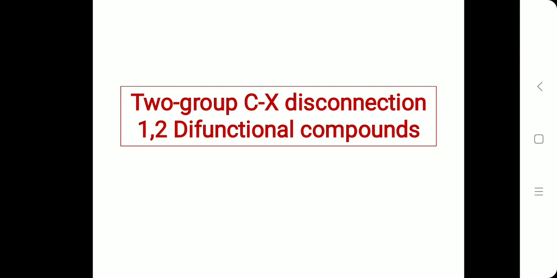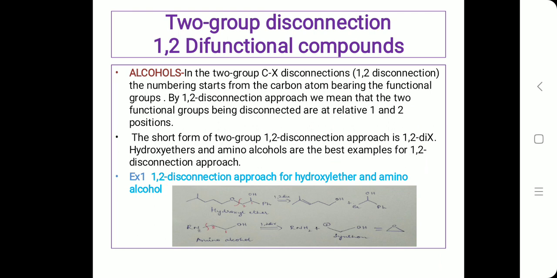Good morning, students. Today we'll learn about two group C-X disconnection in 1,2 difunctional compounds. In that, let us take alcohols. In the two group C-X disconnection, which is 1,2 disconnection, the numbering starts from the carbon atom bearing the functional